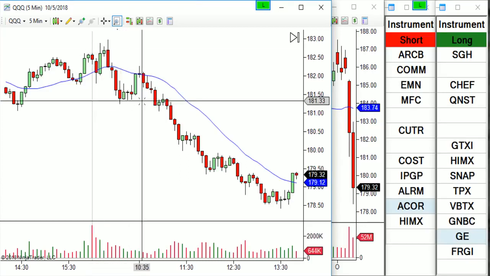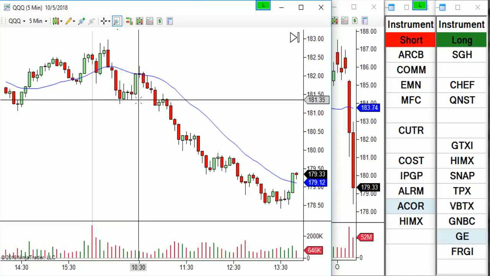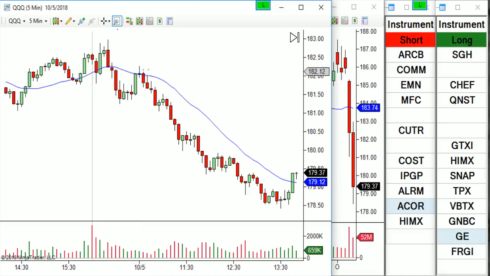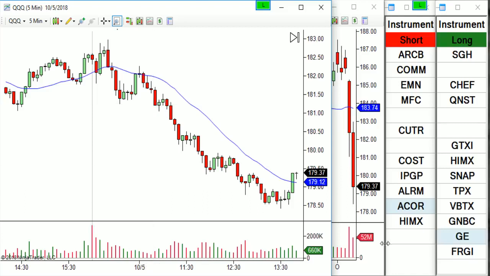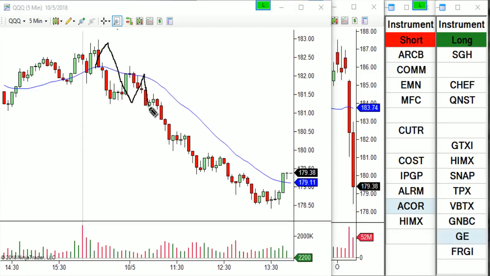We come into the 10:30 time here, where we set a low around 10 o'clock, base sideways, and then about 10:30 we moved higher, and then as soon as we made a new low here,